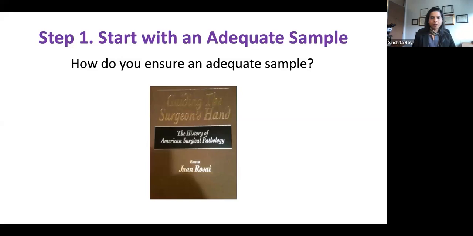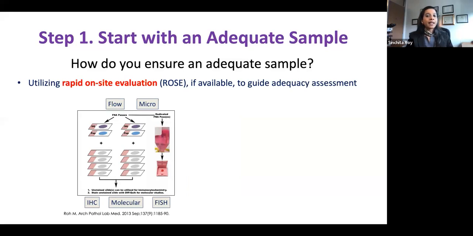So I showed you this book before. Of course, right now, we're not talking about these big surgical procedures, but we're talking about minimally invasive techniques. And for that, rapid on-site evaluation actually plays a huge role in terms of guiding adequacy. So when we do ROSE, whoever does the procedure puts a tiny portion of the aspirate onto a slide, we stain it during the procedure, look at it, and then depending on what I see, I can triage that tissue.